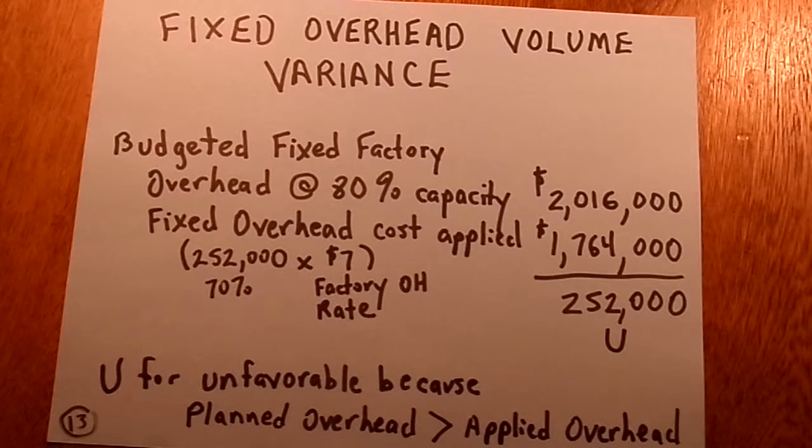So just to sum up the problem then, the variances were across the board. The materials variance turned out to be unfavorable in net form, and that implied to us that either our budgeting's off a little bit, or possibly we could push to get our prices lower. Somebody at budget time thought we were going to get better prices than we got for the materials. Maybe we can renegotiate. The labor variances were all good, said both our wage rate that we were paying and our